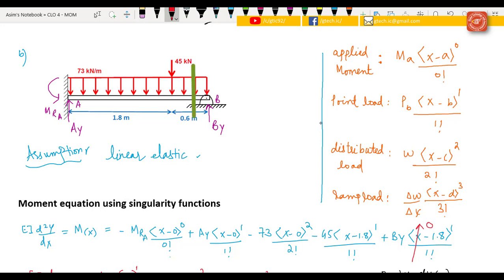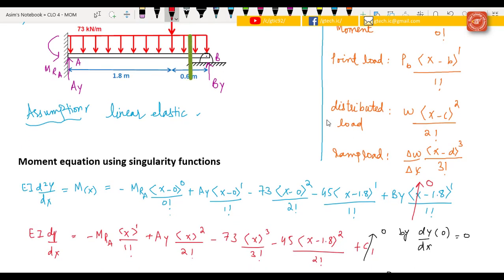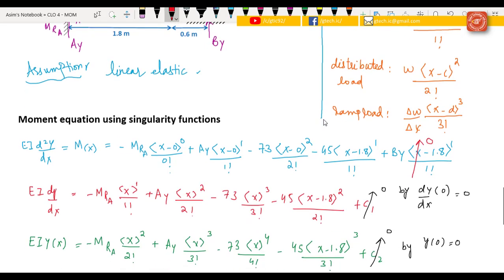सेक्शन को, तो ये जो By टर्म है इसके राइट साइड पे आ रही है, सो we are going to ignore that term. So ये टर्म हमारी ज़ीरो हो जाएगी यहाँ पे। इसकी डिटेल फर्दर मैंने प्रीवियस वीडियो लेक्चर्स के अंदर भी बताई हुई है। अगर आपने वो वीडियोस नहीं देखी तो पहले आप सिंगुलैरिटी फंक्शन की वीडियो देख लें। तो ये टर्म हमारी यहाँ से सिंपली ज़ीरो हो जाएगी क्योंकि हम सेक्शन जो है वो यहाँ पे टच कर रहे हैं, तो ये टर्म उसके राइट साइड पे अट कर रही है, तो ये हमारी ज़ीरो हो जाएगी। हमने सिर्फ लेफ्ट साइड को देखना होता है जैसे मैंने पहले बताया था।